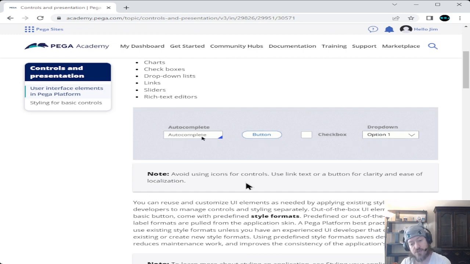Avoid using icons for controls. Use link text or button for clarity and ease of localization. Well, you can use icons as a button. For example, see how I'm hovering over the Pega Academy here? If I click on it, that's going to go back to the main homepage. So you could do that. There's nothing wrong with that, but